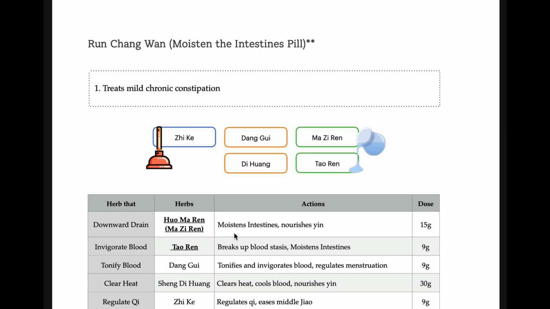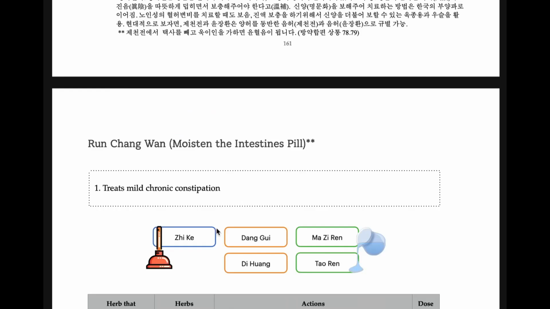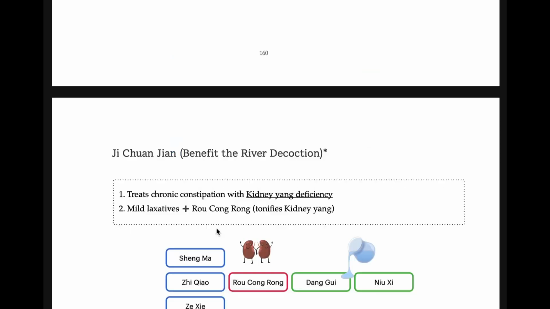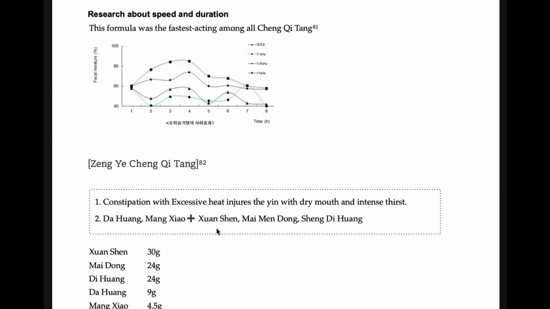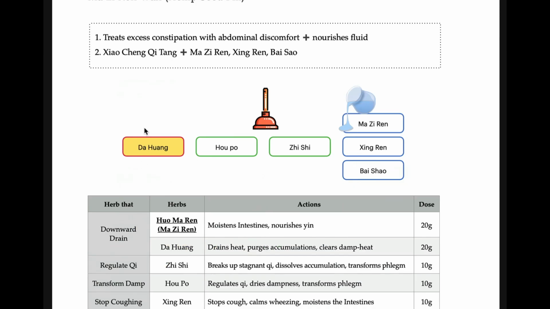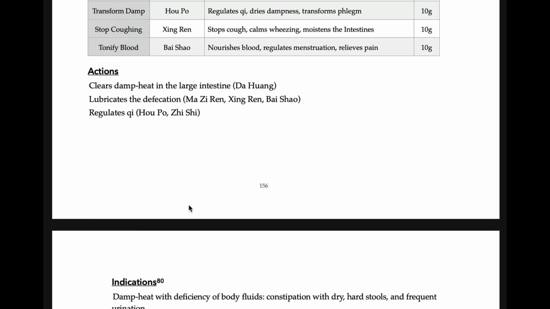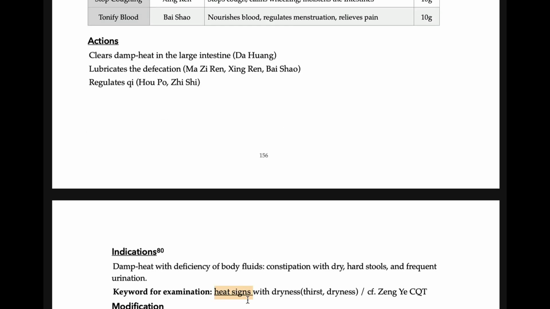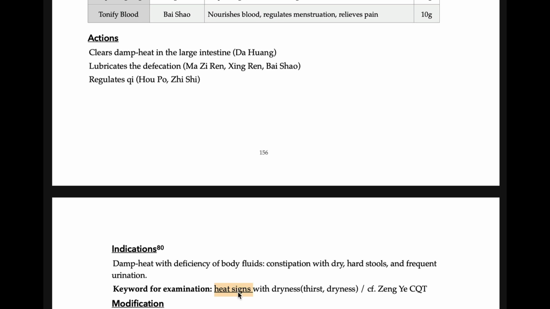They will not directly ask you which one does not have Dahuang, but it can be asked in many different ways. All other formulas have Dahuang. So this is only for elderlies and deficiency conditions. But something really confusing is Ma Zi Ren Wan. Let's go back to Ma Zi Ren Wan. Ma Zi Ren Wan has Dahuang. So it is commonly used for elderlies, but remember, this one treats heat signs. People usually think this is for deficiency, but it treats heat signs.